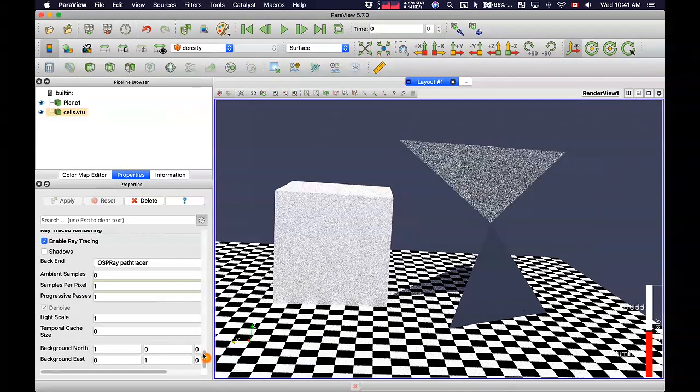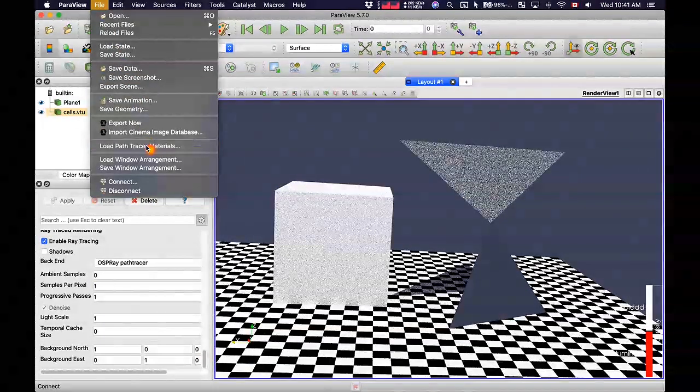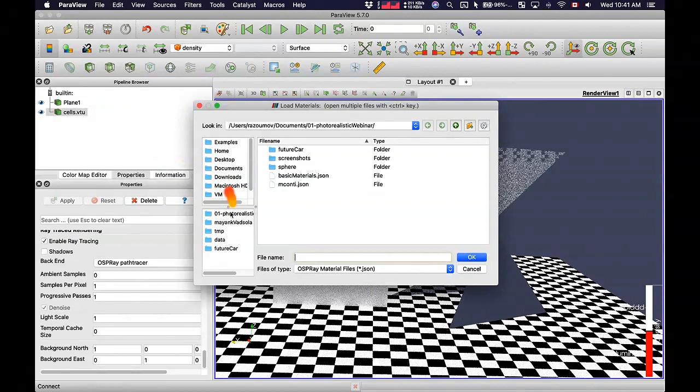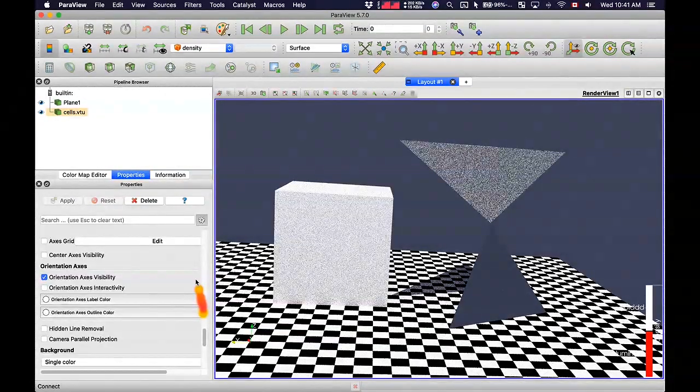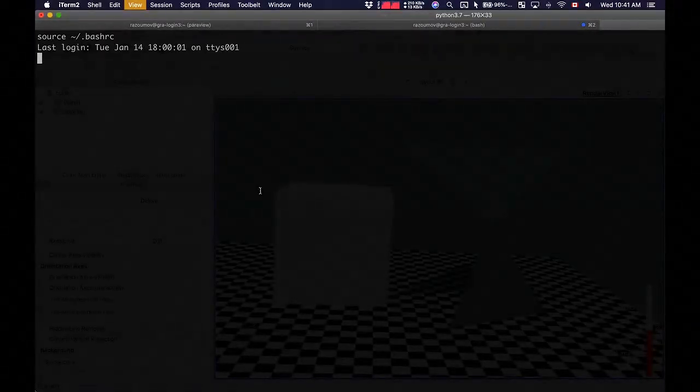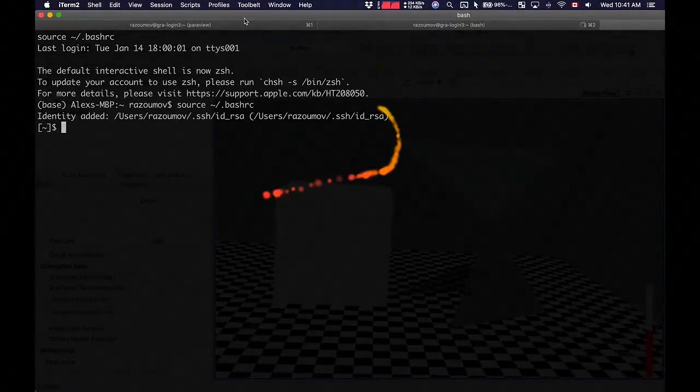And then I will go to File, and then Load Path Trace Materials. And then here I'm going to load the materials that I mentioned before. So that is one of the previous slides. You can download from the ParaView discourse. Actually, I don't remember what those materials are called. So let me open another terminal window, and I'll just cd into the directory